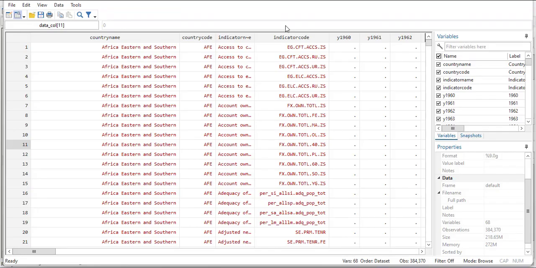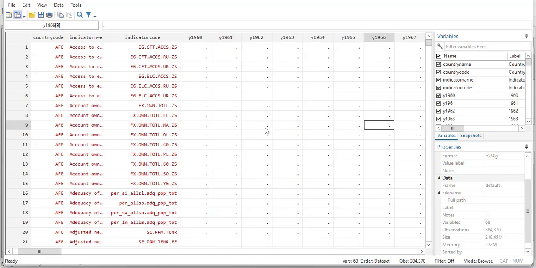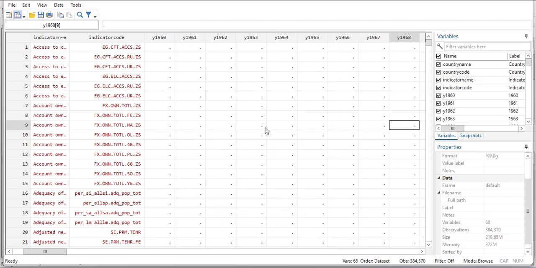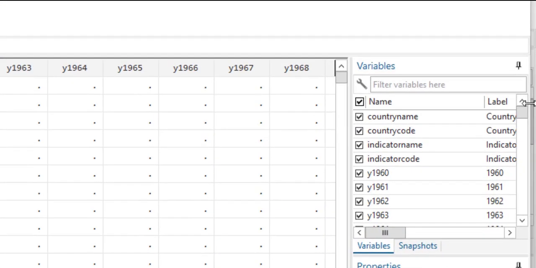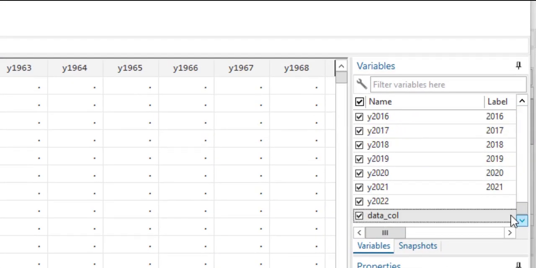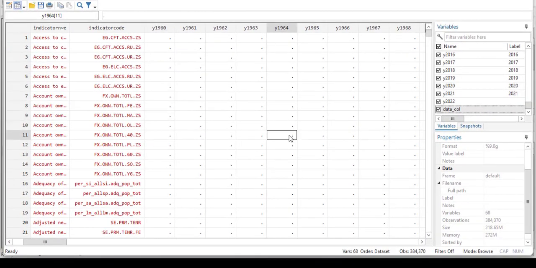So this data set before us is the World Development Indicators. You get that from the World Bank website. The challenging thing about it is that sometimes you need to scroll. They have data from the year 1960 up till the year 2022. So the challenge is trying to get to a particular